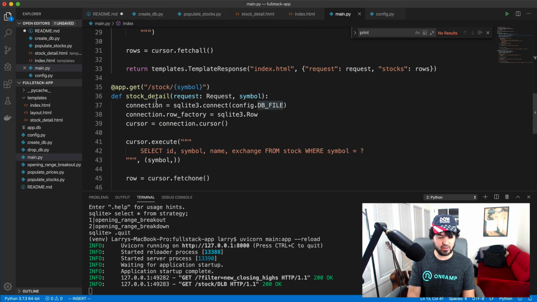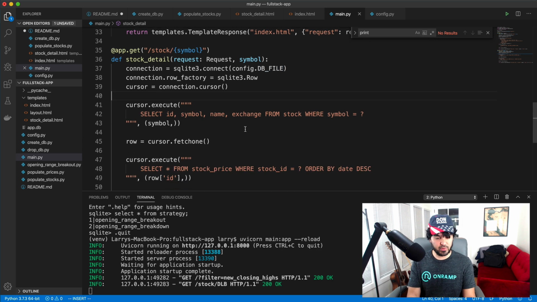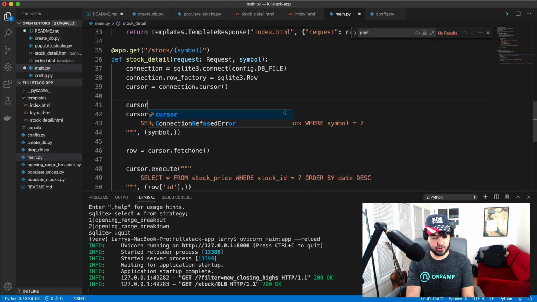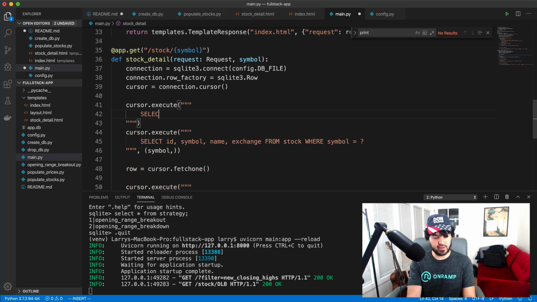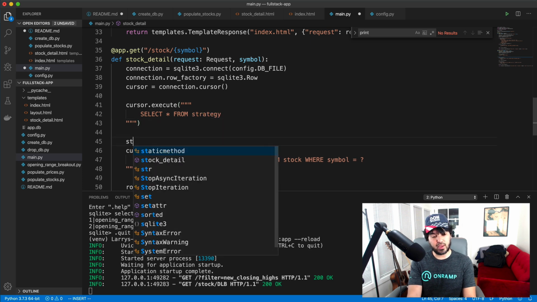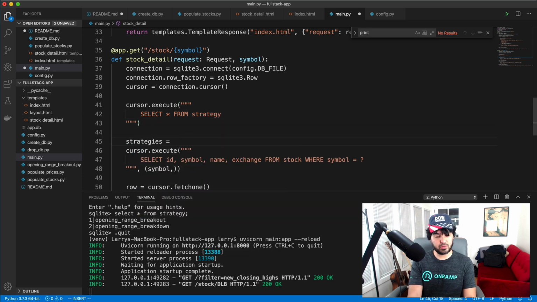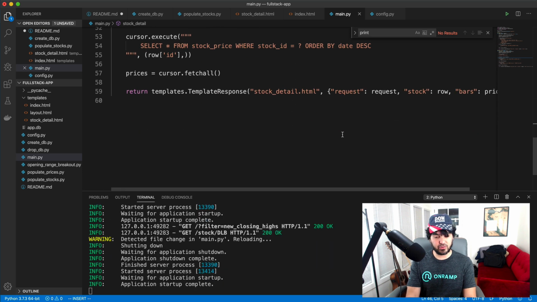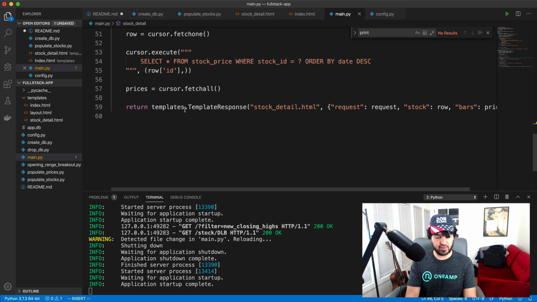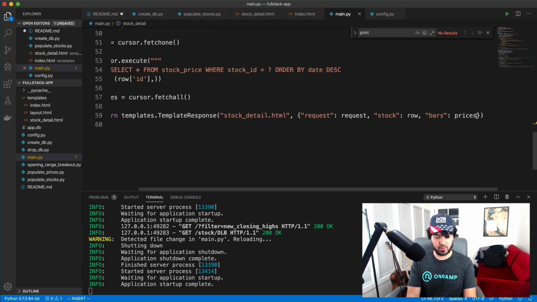If I go to the stock detail page, I already have a database connection here. So what I can do is do a cursor.execute, select star from strategy, and I'll say strategies equals cursor.fetchall. And I want to pass those strategies over to my template. So in my template response here, I'll just say comma strategies